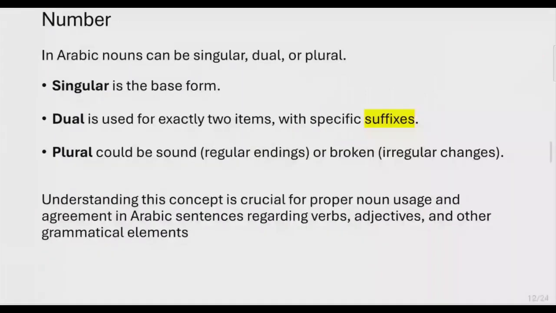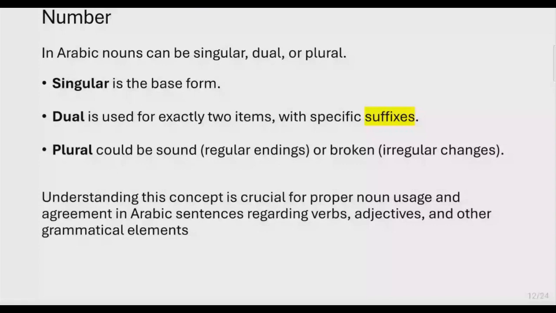All right, so singular is normally the base form of the word, like kitabun. And then dual is used for exactly 2 items of the same, like 2 books or 2 pens or 2 girls or 2 schools, right? And this is indicated with suffixes. And the plural could be either sound, meaning they have regular endings, in other words, common endings, or broken, which means they are irregular kinds of endings, where kitab can become kutub, dars can become durus,